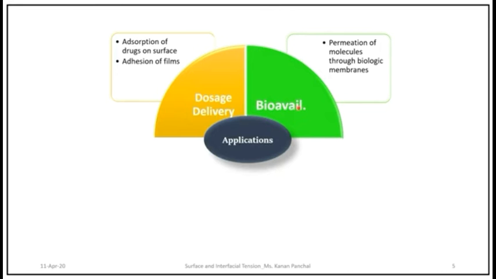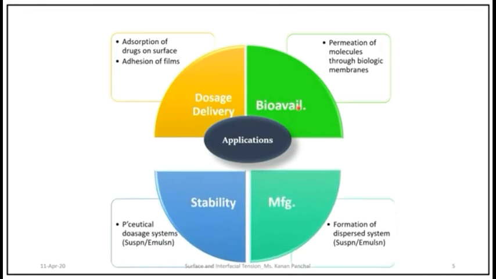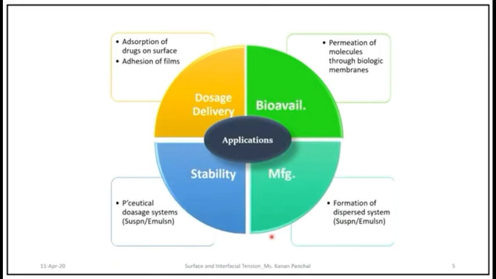Examples are glycerol monostearate, that means glycerol monostearate, Tweens and Spans. Then next we see the HLB system. The surfactants' HLB values: anti-foaming agent 1 up to 3, W/O emulsifying agent 3 to 8, wetting and spreading agent 7 to 9, O/W emulsifying agent 8 to 16, detergent 13 to 16, and solubilizing agent greater than 16.